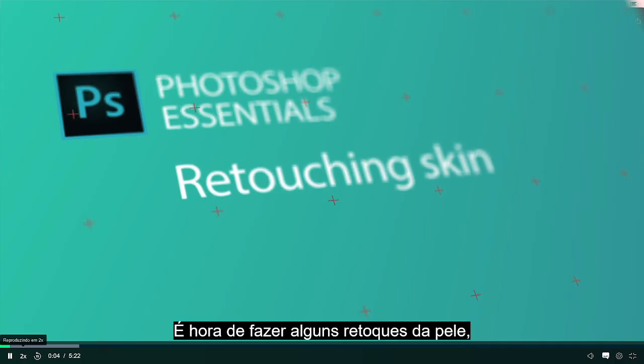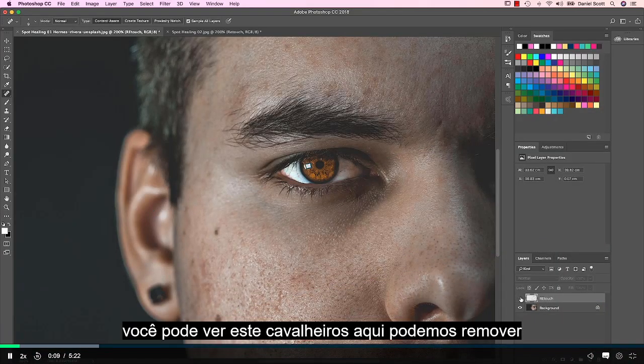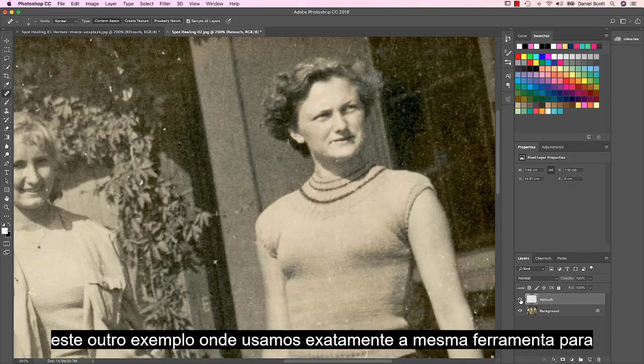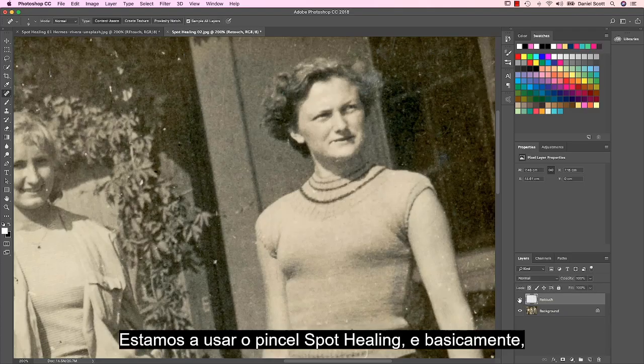Hi there, you're back. It is time to do some retouching skin. You can see this gentleman here. We kind of remove some of the spots and marks. We're going to jump to this other example where we use the exact same tool for tidying up maybe older photographs. We're going to use the spot healing brush, and basically it's really useful for removing any small